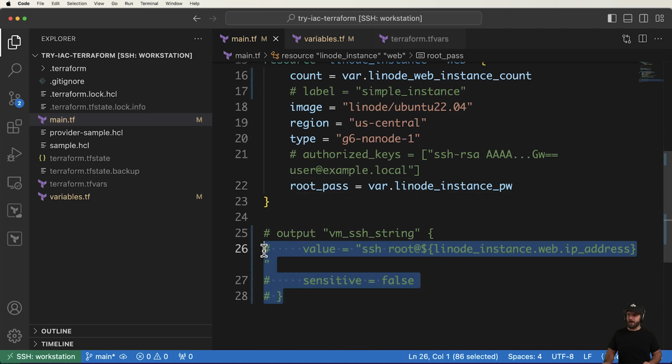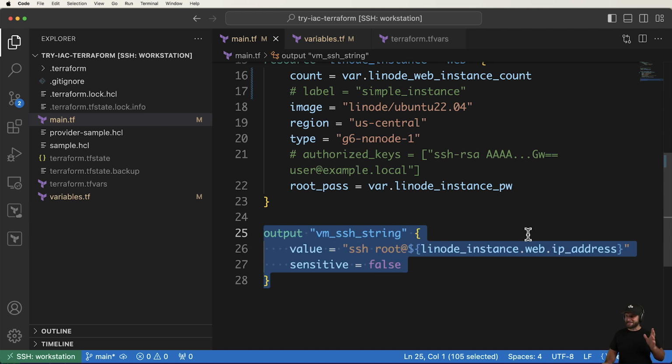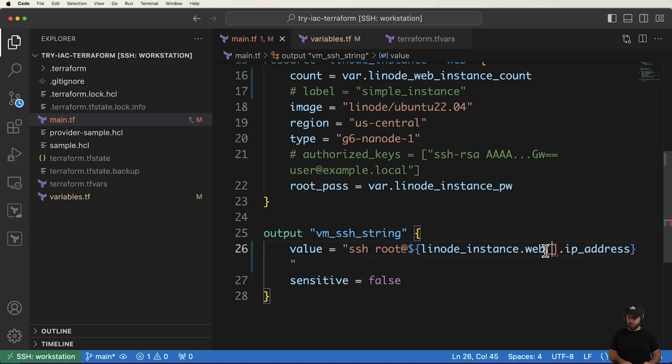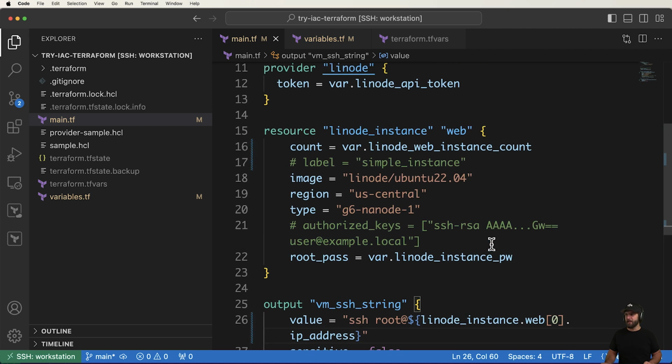So what we can do on our output string is to keep things simple. For now, we will go ahead and just use 0. Yes, there's a way to iterate over this data, which we'll look at, but for now, we'll just leave it as 0. Now, the other thing is the label itself. Perhaps we don't want this label like this. Instead, we want the try IaC, TF dash. And in here, what I can do is I can use